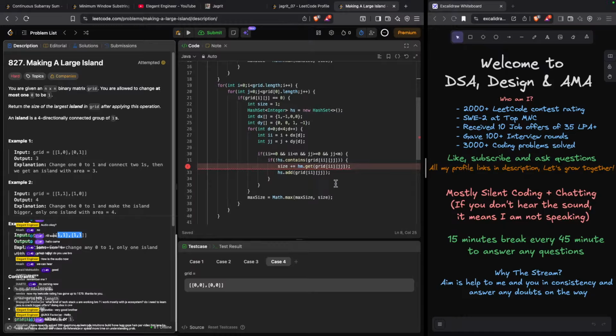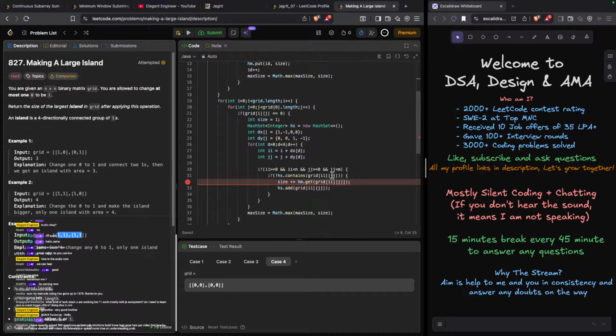The error here, it is saying that this is going out of bounds. Maybe something is wrong with this check. Is this not correct? The hash map does not contain that.